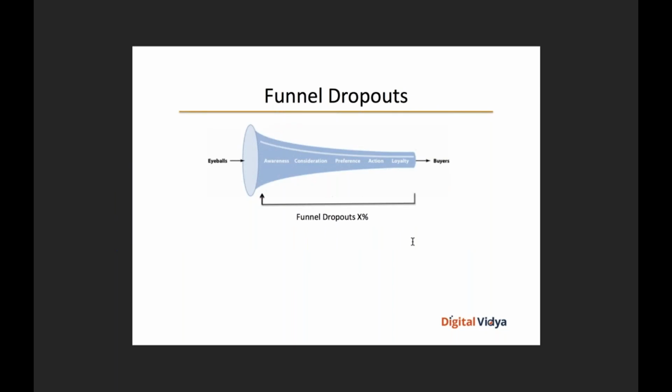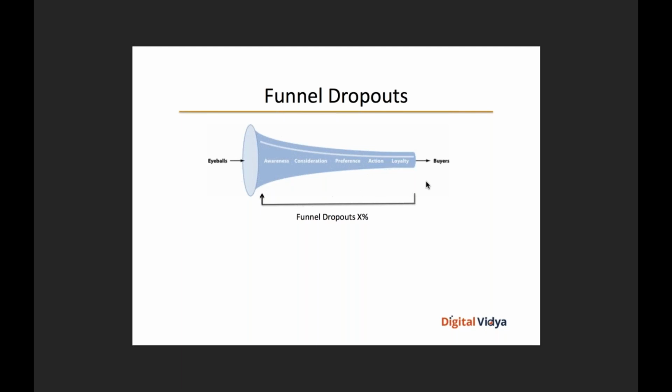So you've got to talk to all kinds of lead audiences. And as you can see, this is exactly what I was talking about earlier. You've got a huge number of eyeballs which come through. This is a typical marketing funnel. The eyeballs go through awareness, consideration, and preference, wherein they're actually preferring your brand over others. Action is when they're actually making the purchase. Loyalty is when they come back and repeat transact with you as a brand. And there are dropouts. As you can see, the funnel grows thinner as you go further along. This is a typical marketing funnel, from eyeballs to buyers.